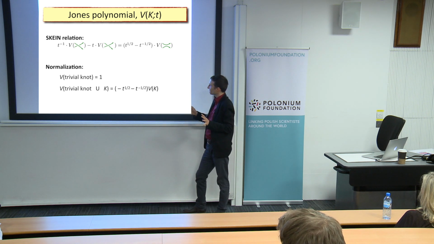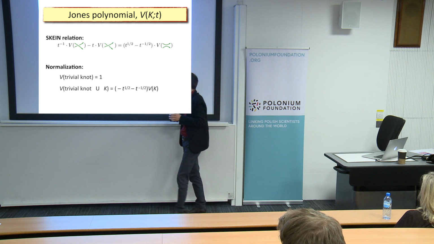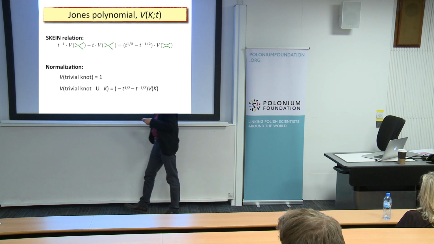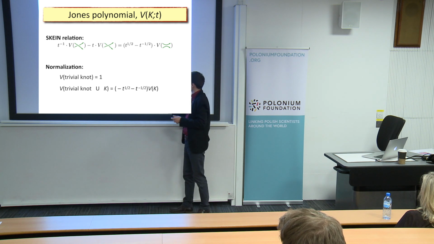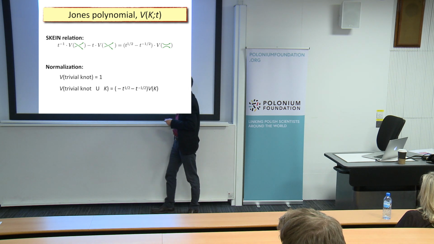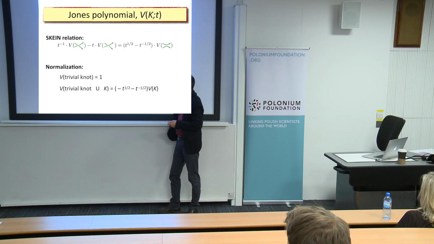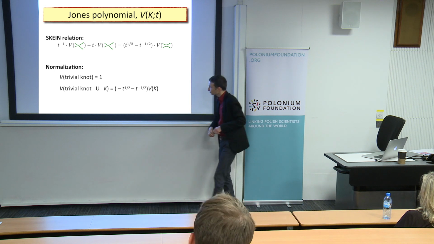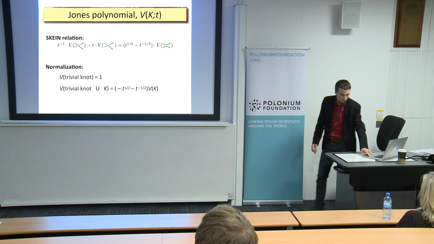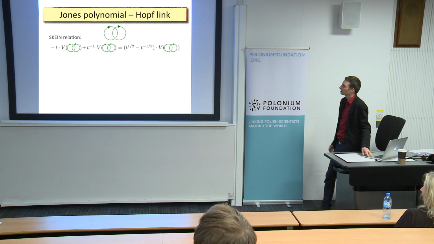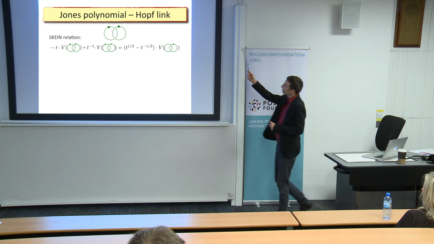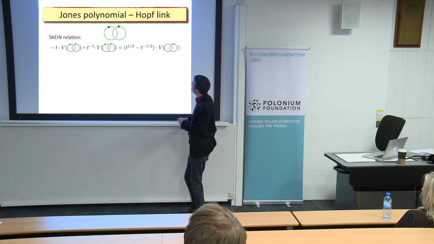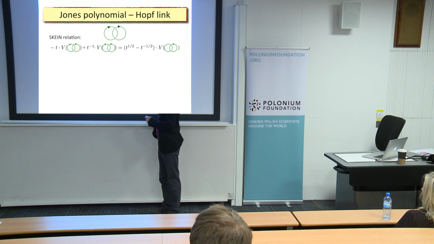And then if you have a structure that consists of some knot and then an unlinked unknot, the trivial knot, then the statement is that the Jones polynomial for this is equal to the Jones polynomial just of this non-trivial piece, multiplied by this simple factor. And using that, you can compute Jones polynomials for many knots. So for example, for the Hopf link, I have shown it here. We can draw this relation.